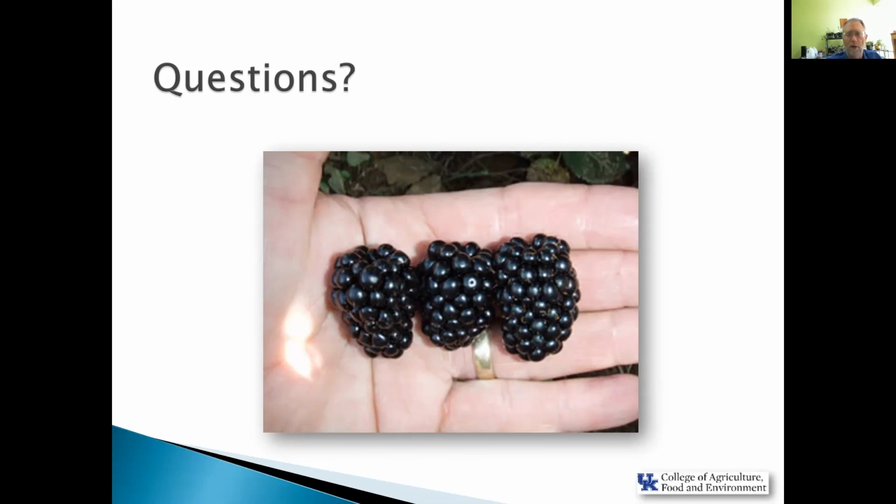purple raspberries or your summer red raspberries, your floricane-bearing red raspberries, those are really the only brambles that I would consider growing myself, unless you really want to have concerns about either having to net or spray for controlling the spotted wing Drosophila. Happy to try and take any questions. As I said, I'll try and put together this presentation, get it printed up as a PDF here. I do want to share just a couple of resources. I can do that. I'll put these in here as well, just for people